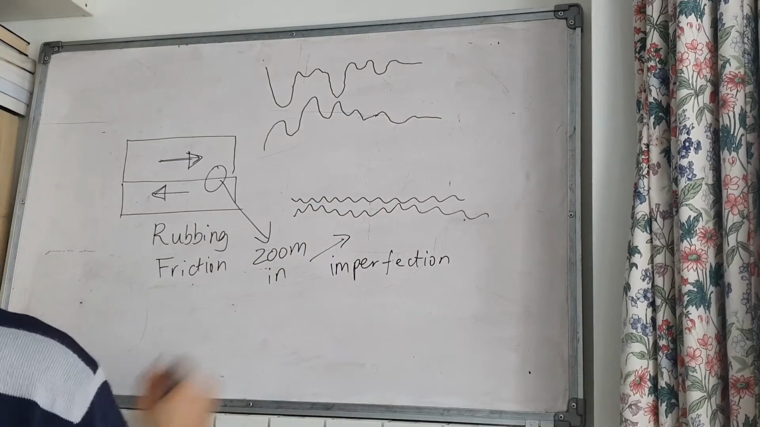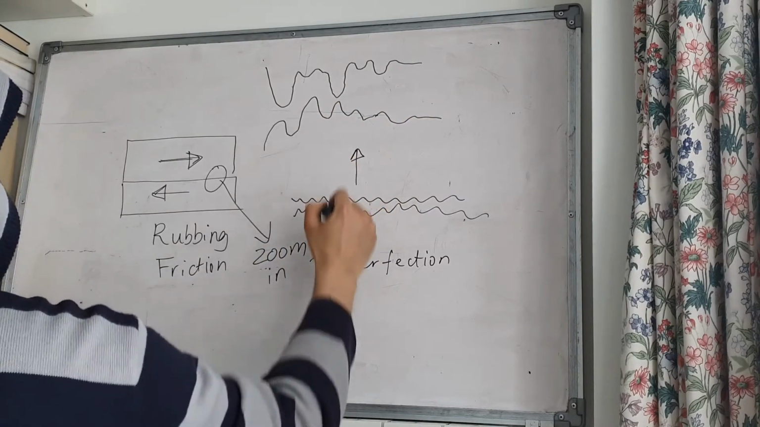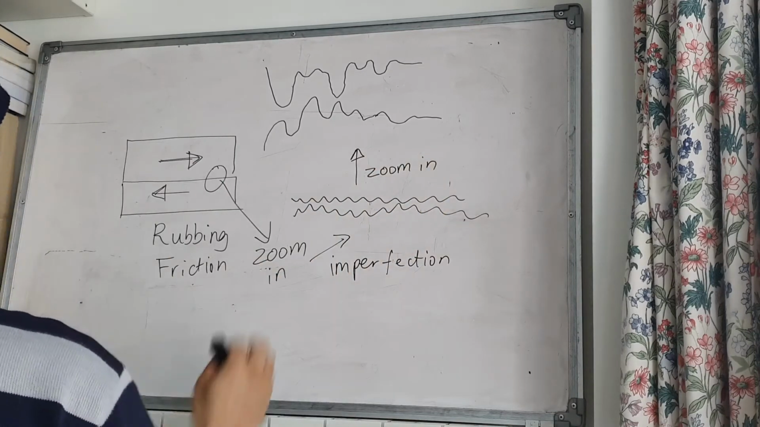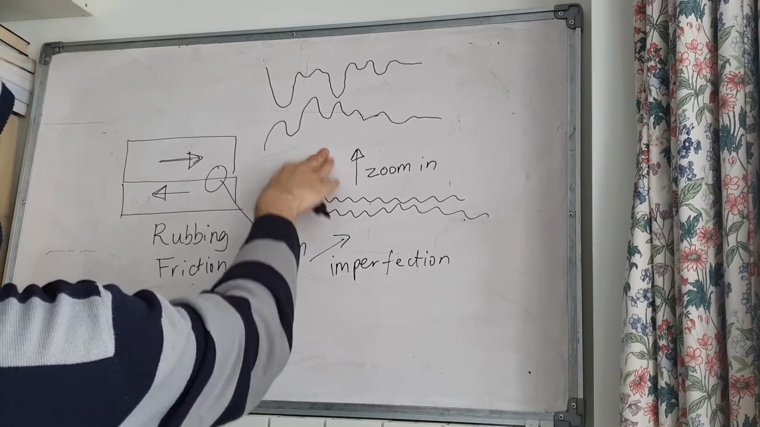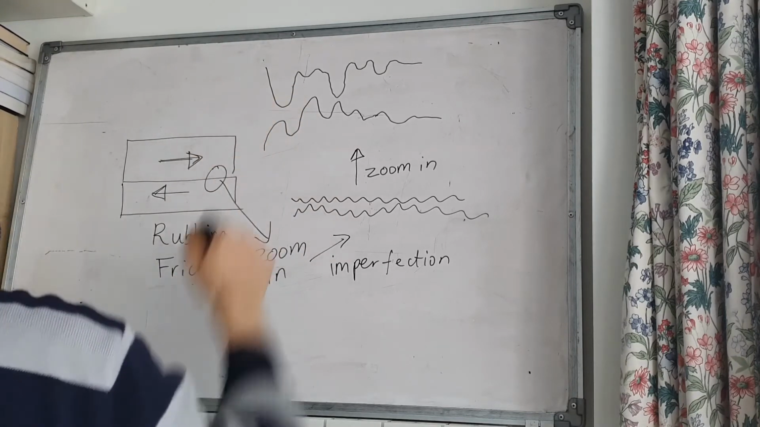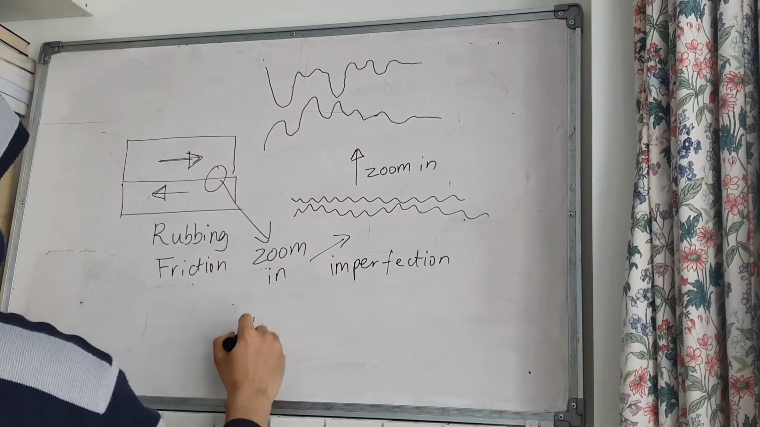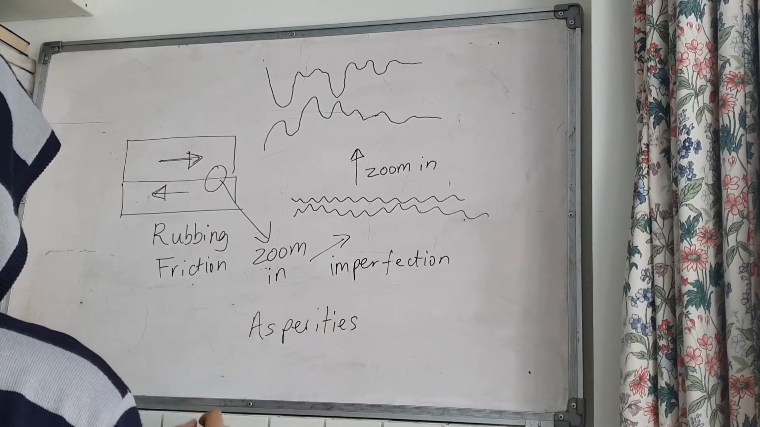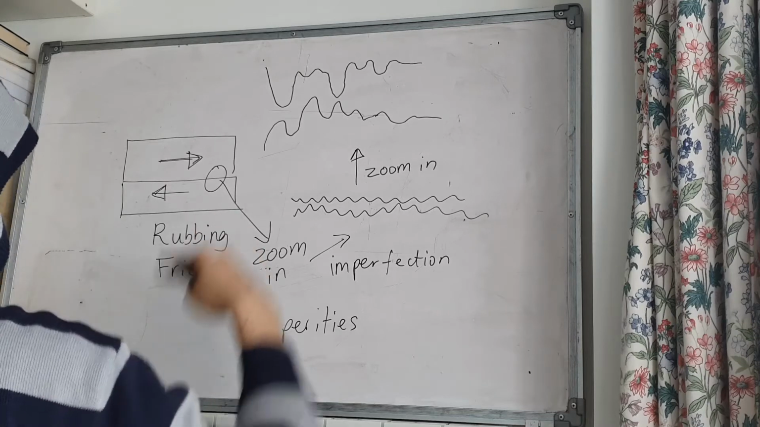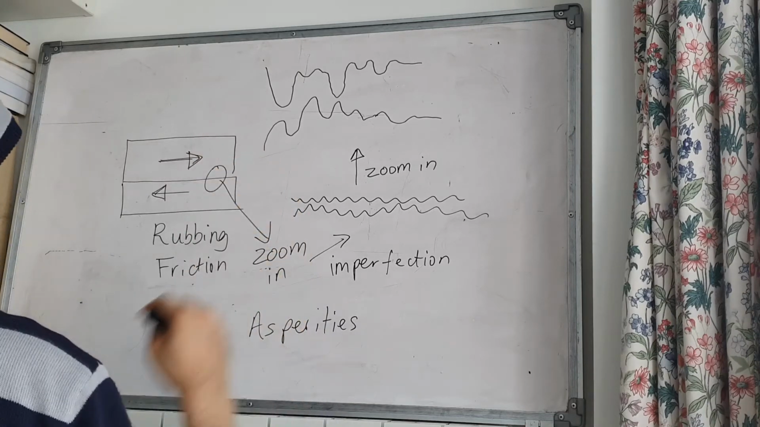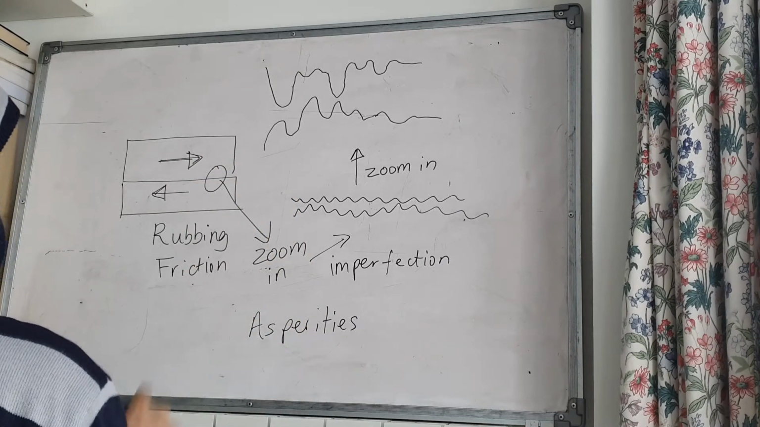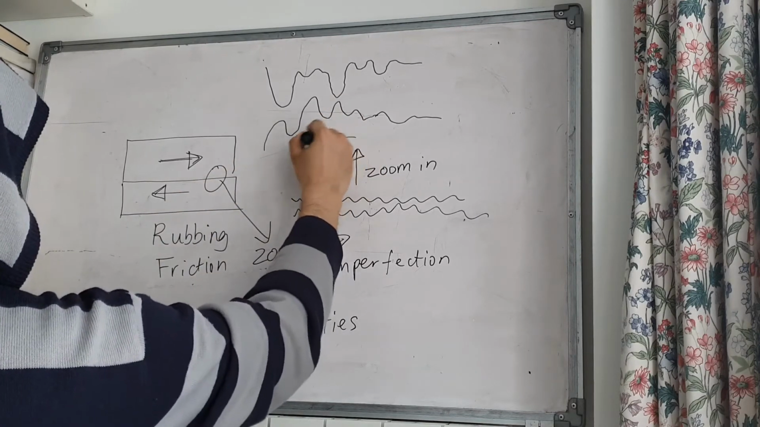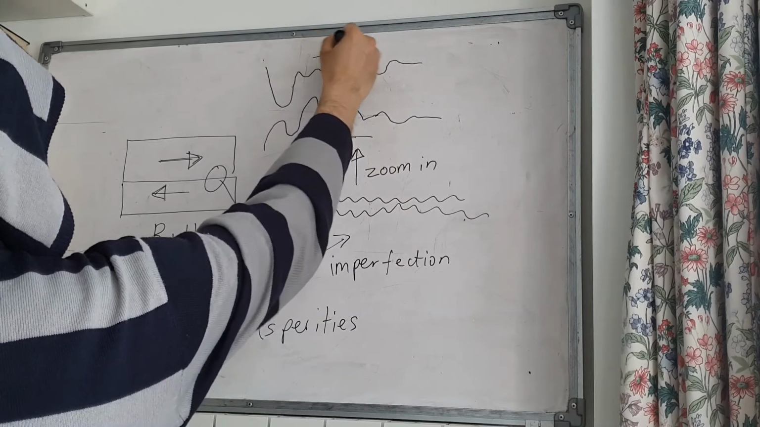If you were to zoom in even further, you'll get these mountains, let's just say. The correct term is asperities, where you get these high and low valleys. So if you were to rub these two things together, with one going in that direction and the other going in this direction,